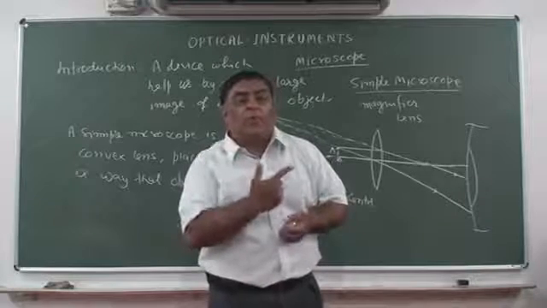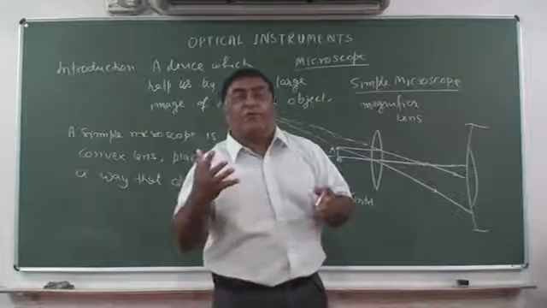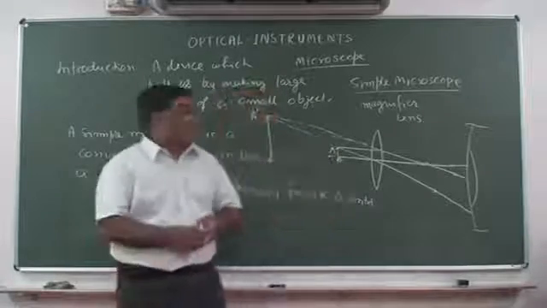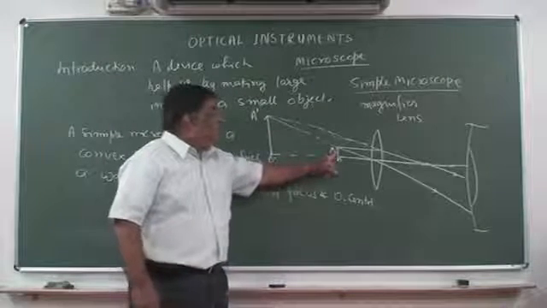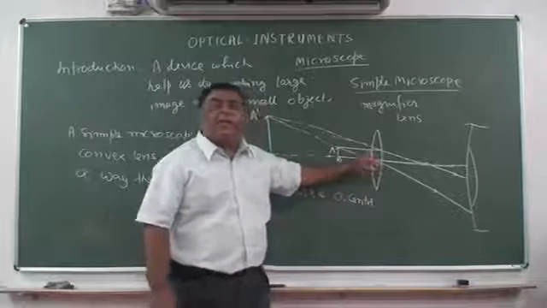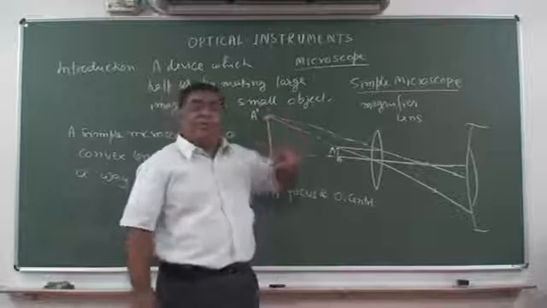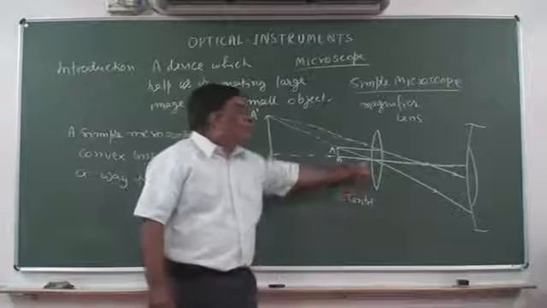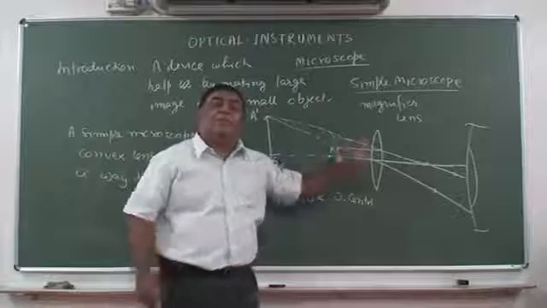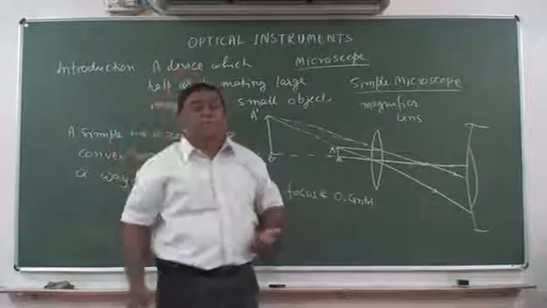How do we know which microscope is better? Which microscope is more powerful? What is the power of a microscope? The answer is, if this is 1 millimeter, we see from a microscope, it makes it 10 millimeter. 1 to 10. Okay? We bring another microscope that shows it 20 millimeter large. So we say the power of the second one is more because it is multiplying it 20 times.